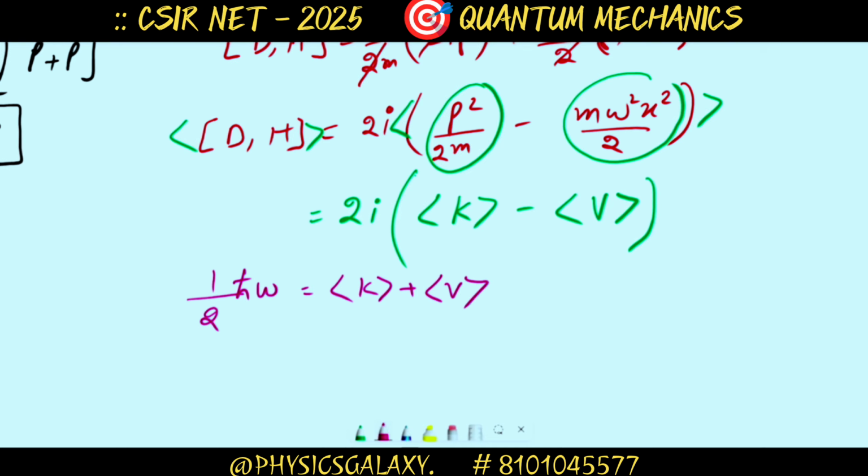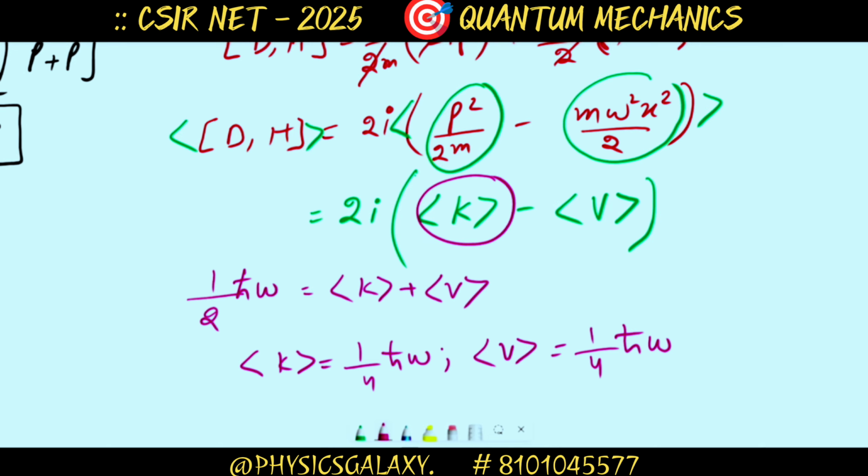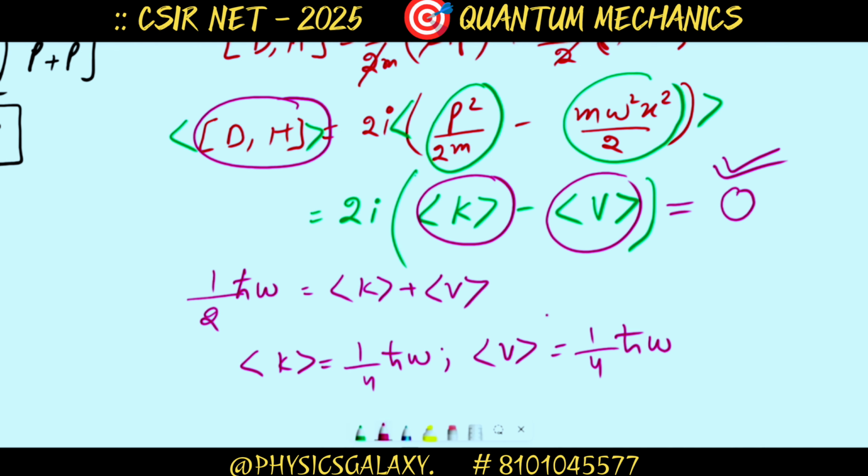So that means the expectation value of kinetic energy equals half of the total energy, so that will be one fourth of h cut omega. Similarly, the expectation value of the potential energy will also be one fourth of the total energy, so this equals one fourth of h cut omega. So that means the expectation value of d comma h equals 0. So the option is